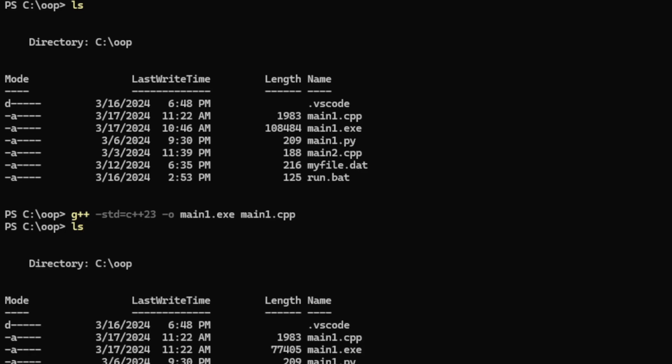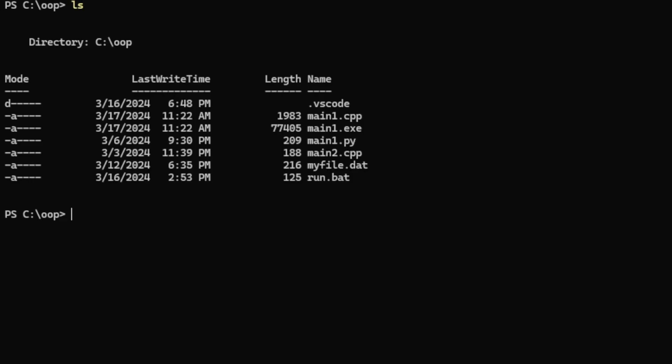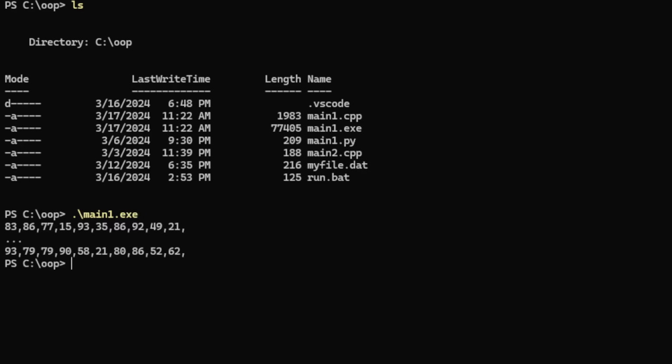Now I have this main1.exe to be executed. You can see the first 10 data set to that array: 83, 86, 77, 15, 93. These are random numbers in the range of 0 to 100, and the last 10 data items are these integer items. Okay, this is working. So now